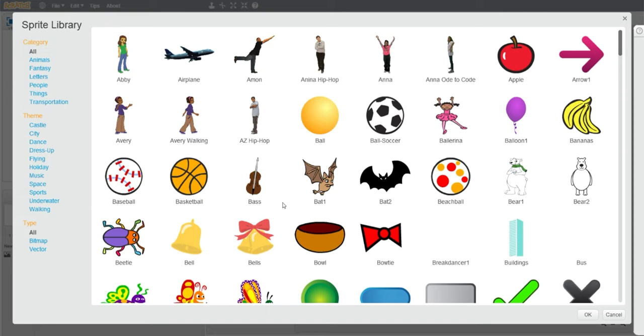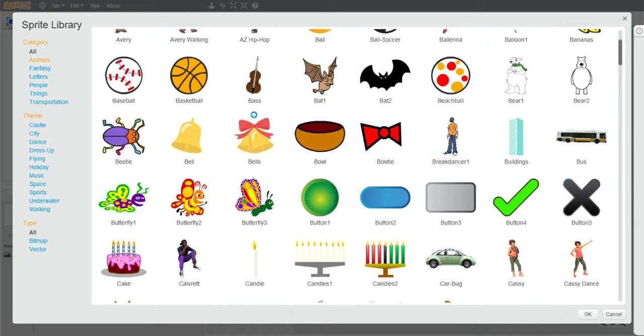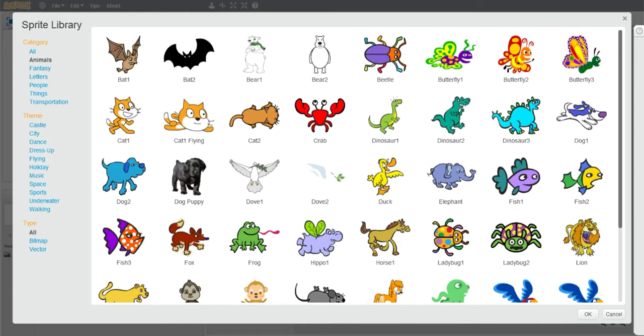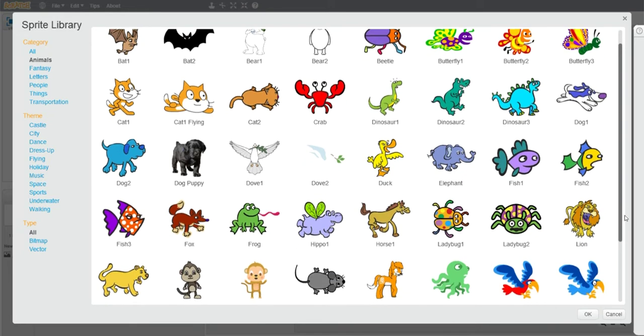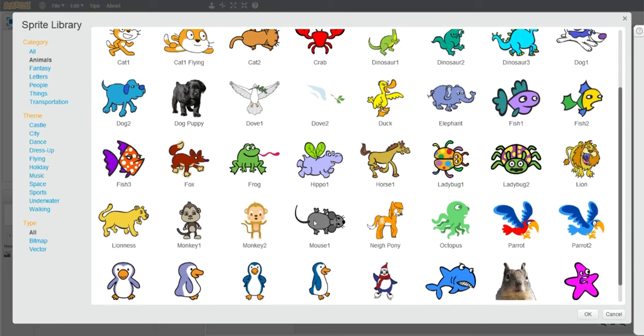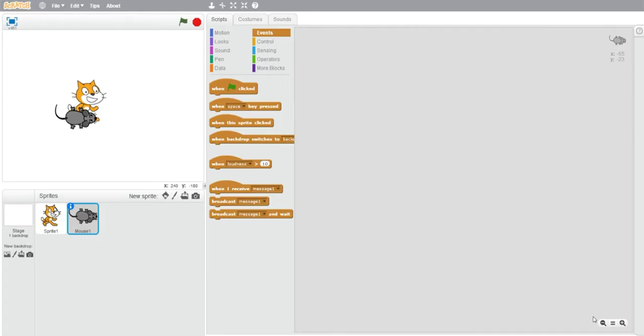From the library, I'm choosing the animal options, and as you can see, there are different types of animal characters visible here. Cat we already have. Now I am selecting a mouse. Select the character and click on the OK option.